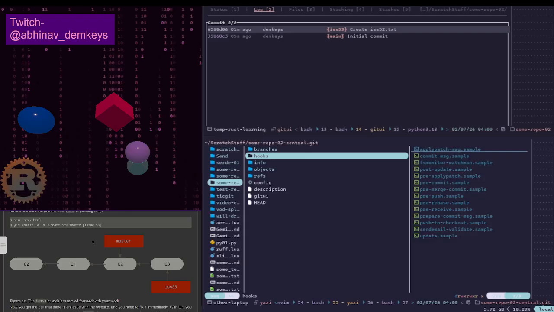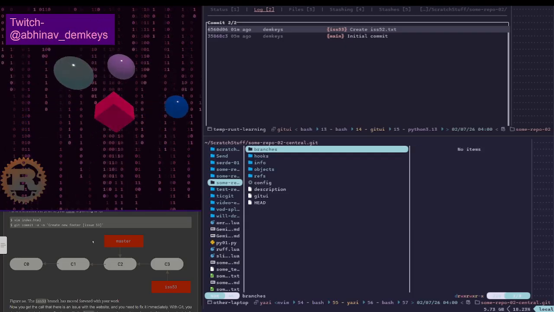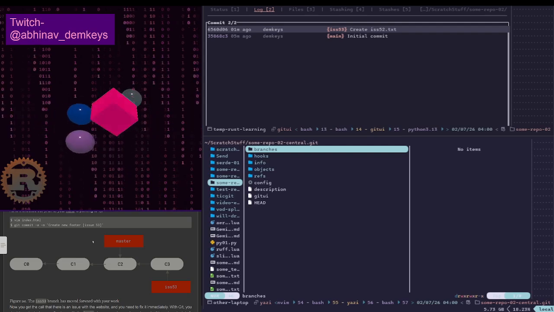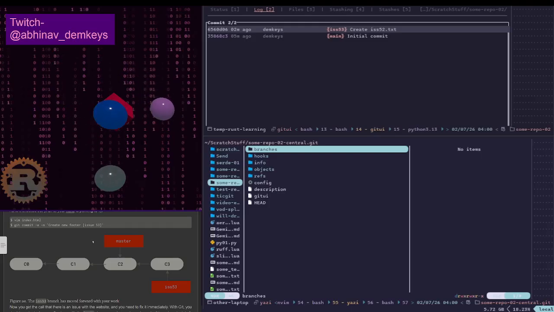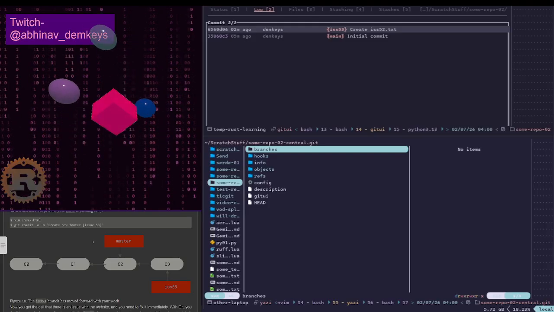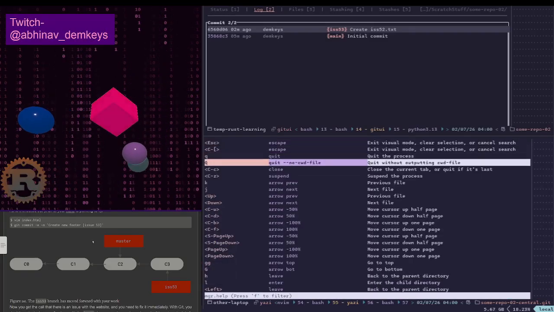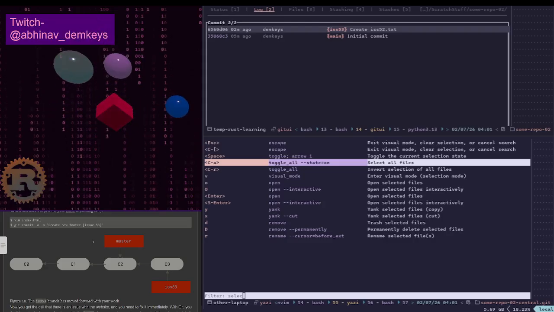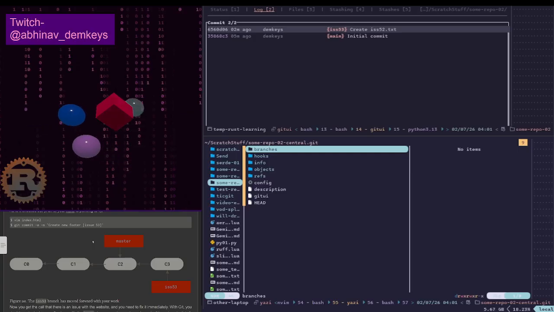Control A is the key that I've assigned in WezTerm. Wait, can I do the other thing, which just toggles the selection, so anything that's unselected gets selected? Control R, what would Control R bring up here? In general, Control R is, okay, all right. So that toggles the entire thing.